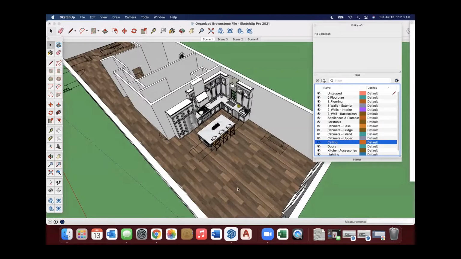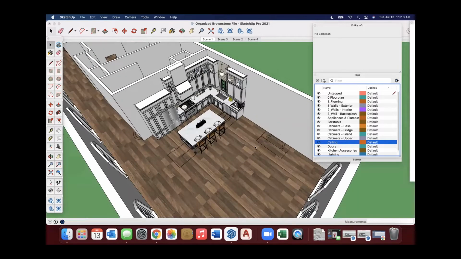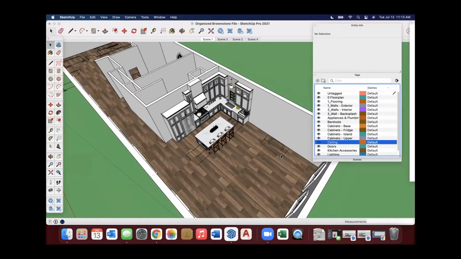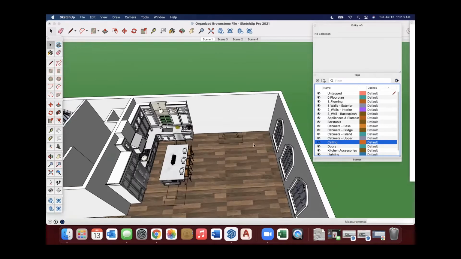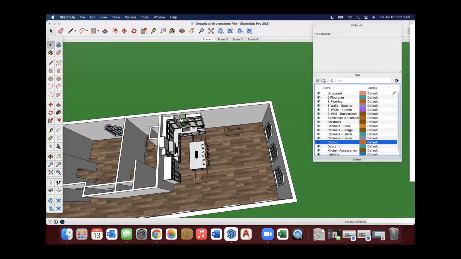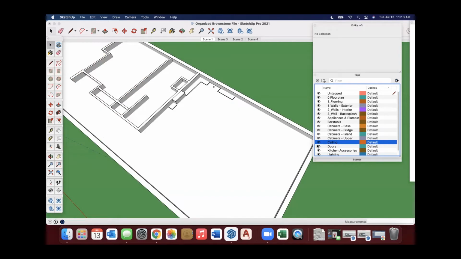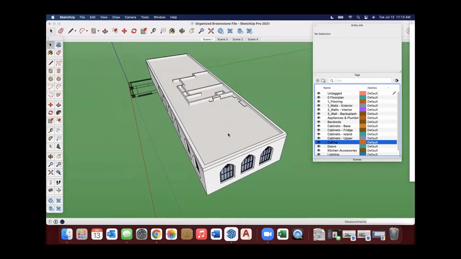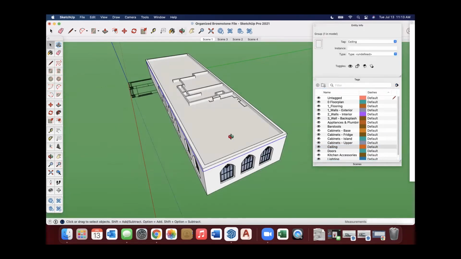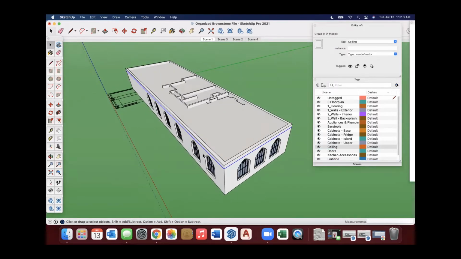Say I was going to add furniture, or I was going to start building this fireplace here that needs to be rendered for the client. Maybe I wanted to make this great room and have a dining table and everything. Well, I need the ceiling off to be able to do that. But because the model is well organized, it only took me one click to get that ceiling. You'll notice if I click on this ceiling, it highlights the whole ceiling, which is really nice because that means it's been grouped. It makes life easier.